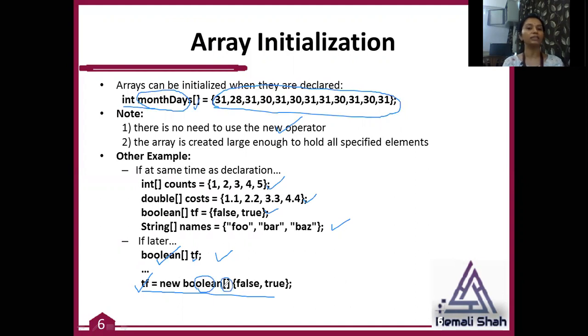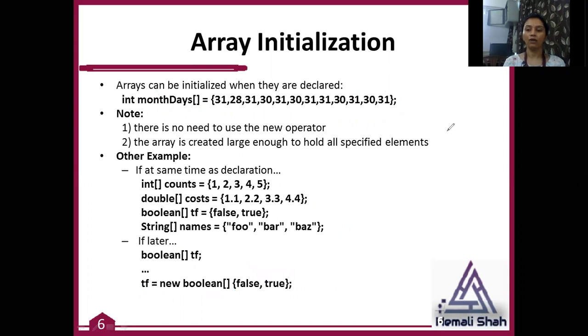Here you don't need to use the size because later on you are writing the number of elements. By counting the number of elements, it automatically gauges the size of the array. So here it will be 2 because you have used 2 elements for initialization. So it automatically takes the size of the tf true false boolean array as 2.